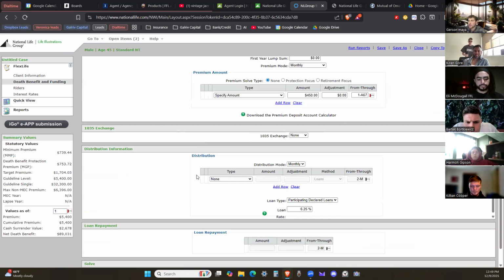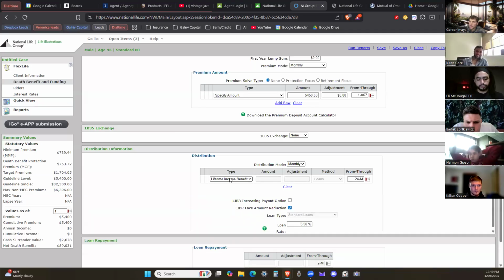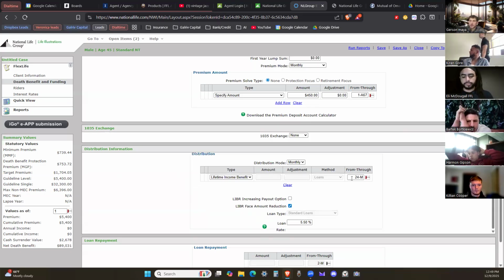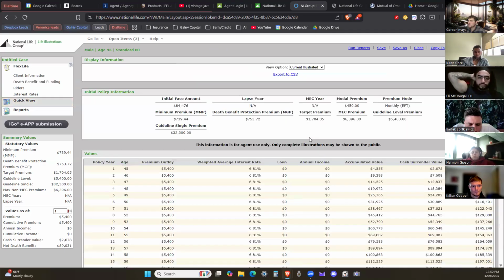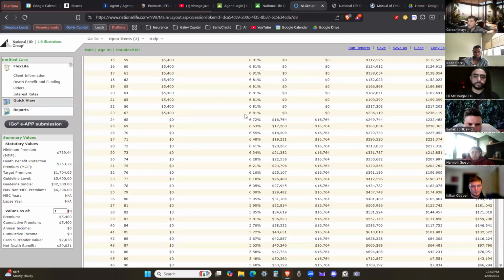And then I like to show them a distribution of a lifetime income benefit. The lifetime income benefit, very simple. It's like an annuity, a guaranteed lifetime income rider, guaranteed to get paid out for the rest of your life on this policy. And with that, it also does have no lapse guarantees when you turn that on. It's not going to lapse on the client. So let's say now age 68 till the maturity of the policy. Let's just see what that might look like.